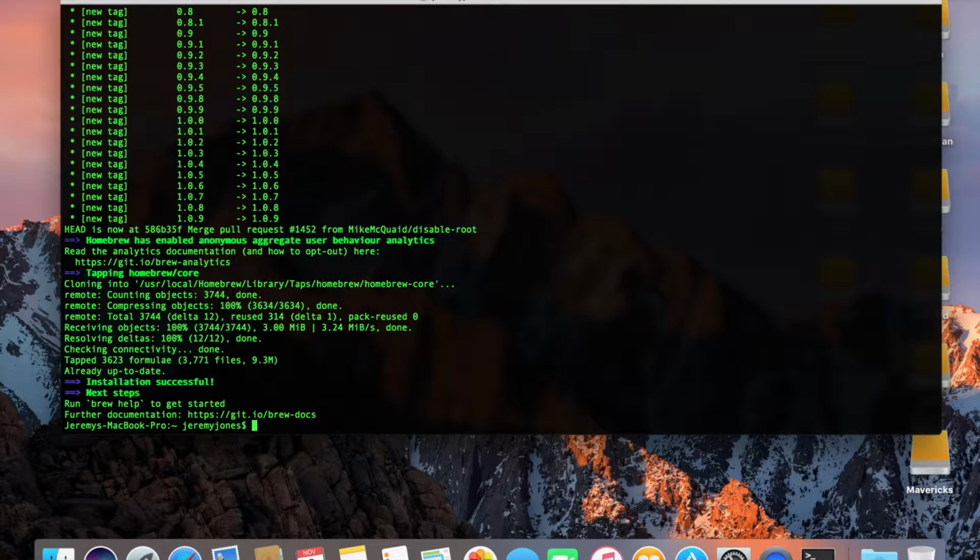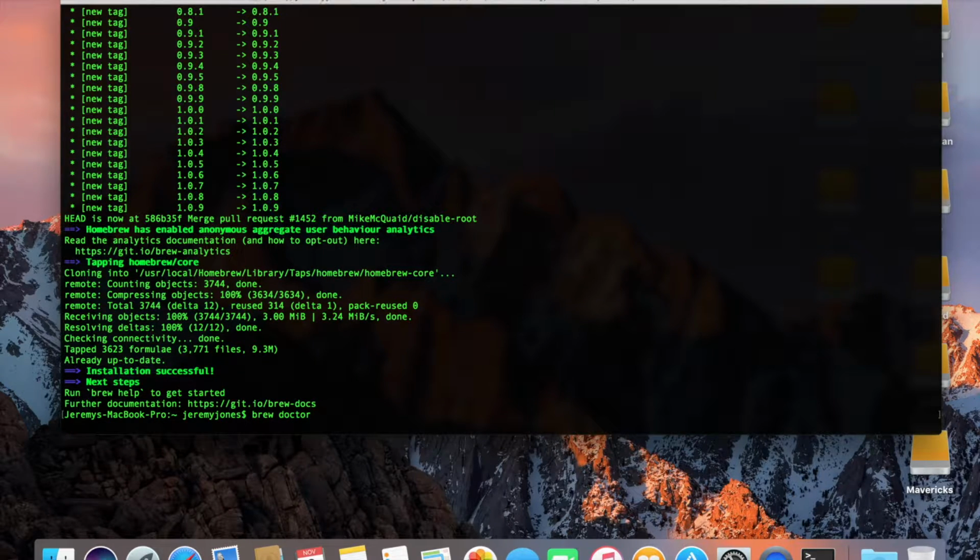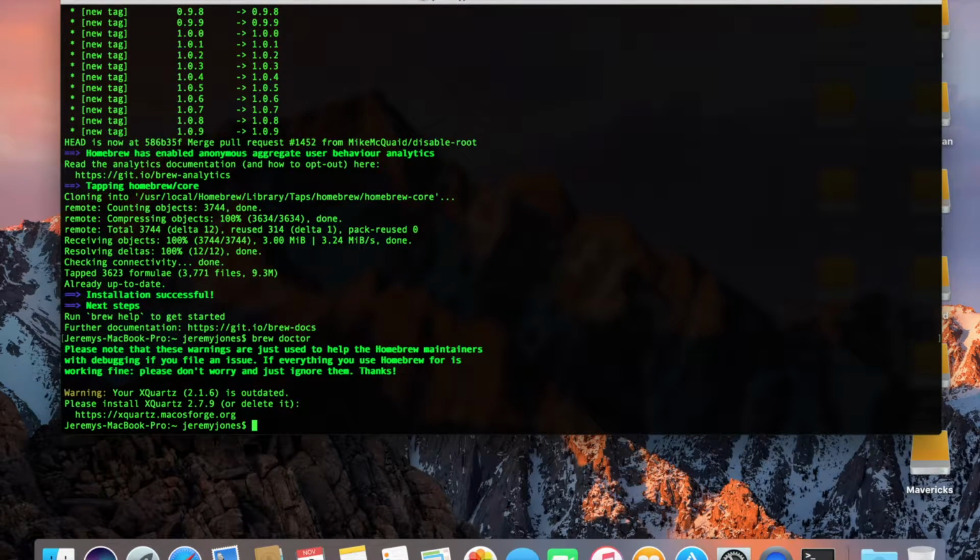Next, we're going to run the command brew doctor. This is going to let us know if there are any further dependencies that need to be downloaded in order for us to use Homebrew. As we can see, my Xquartz is out of date, and we're going to take care of that a little bit later. Next, we're going to issue the command brew